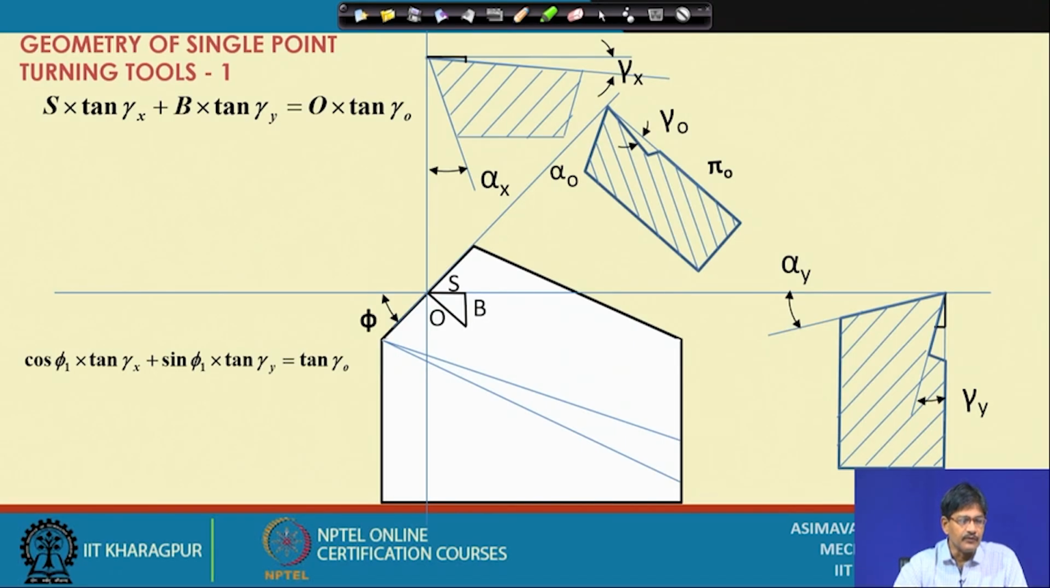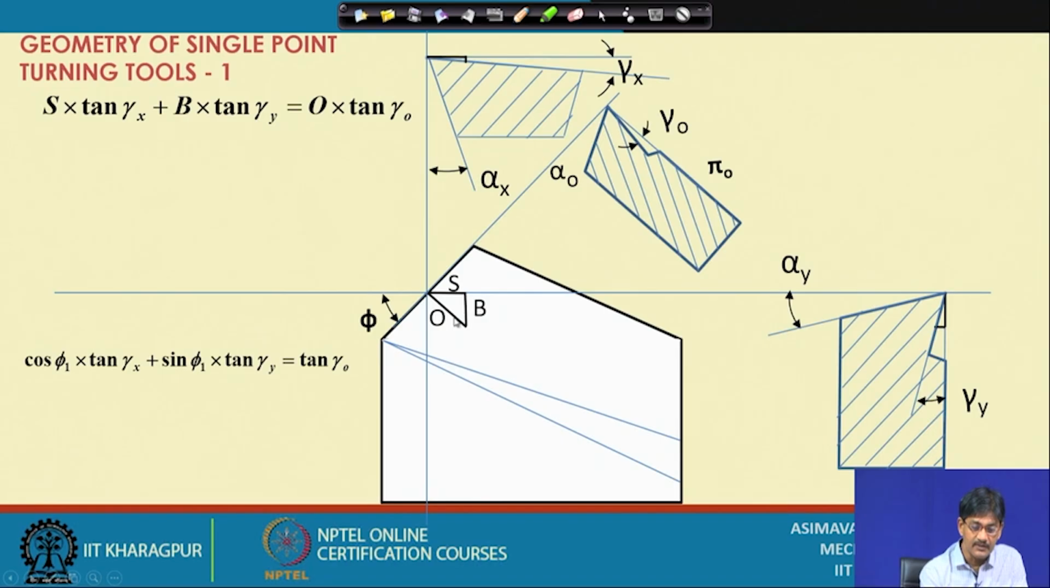However, we do not know S, we do not know B, we do not know O, but we know that this angle is called phi. If this angle is called phi, the principal cutting edge angle or the plan approach angle, we can definitely say, as this is a right angle, the angle between these two sides must be equal to 90 degree minus phi. So, this one angle must be equal to